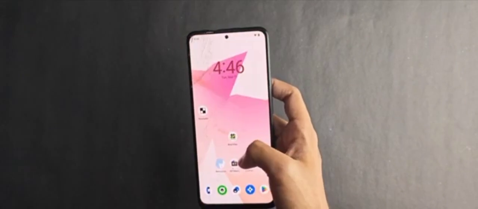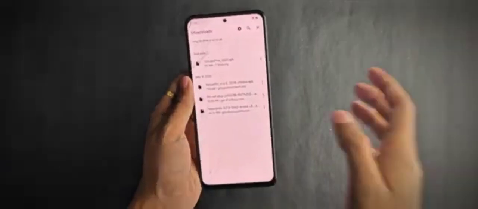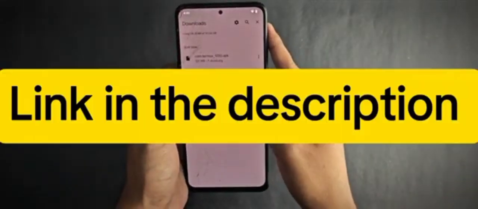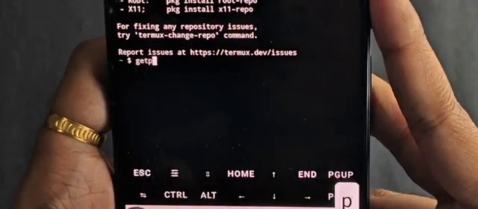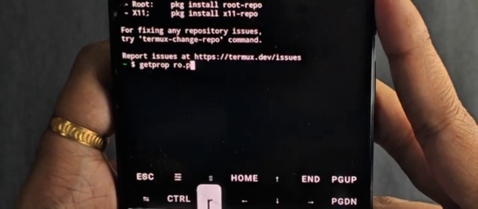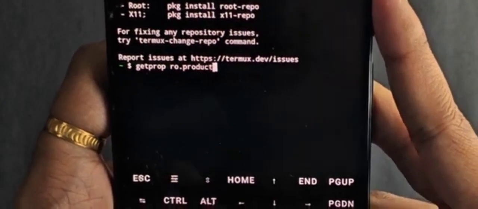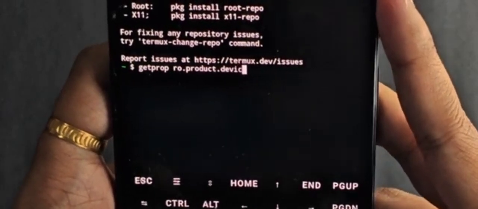And if you are on the stock or official ROM, you will need to know the code name of your device, which is really easy. Just install the Termux app, link in the description. And after you open the app, just write this command, getprop space ro.product.device, and when you press enter, as you can see, it gives you the code name for your device,